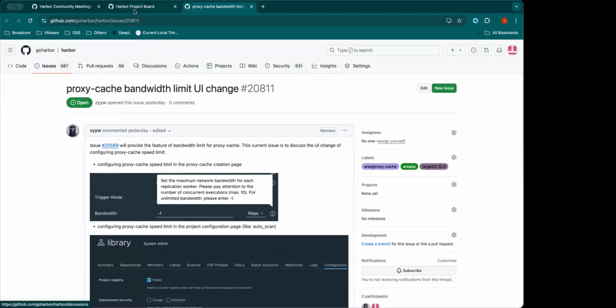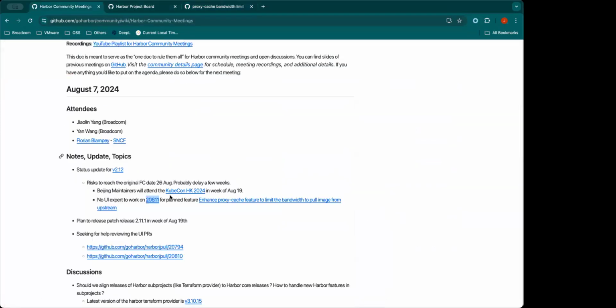At this moment, we do not have a UI expert currently working on this. So this is also a reason we will probably need to delay the FC date for this release.